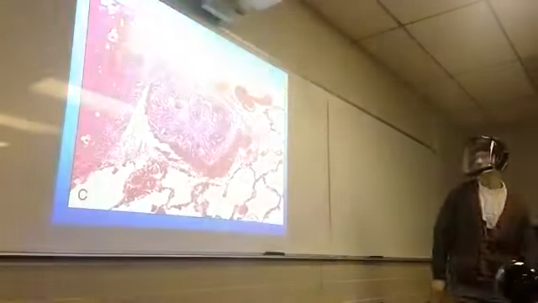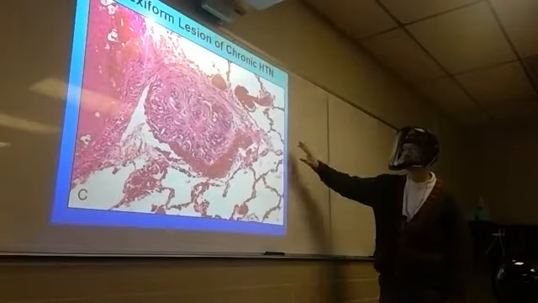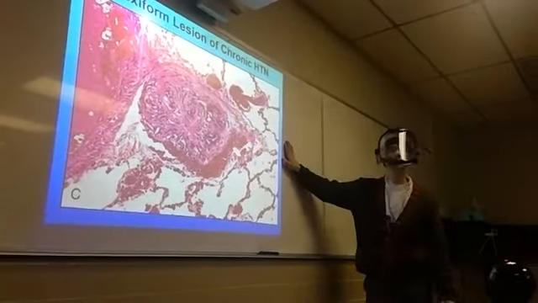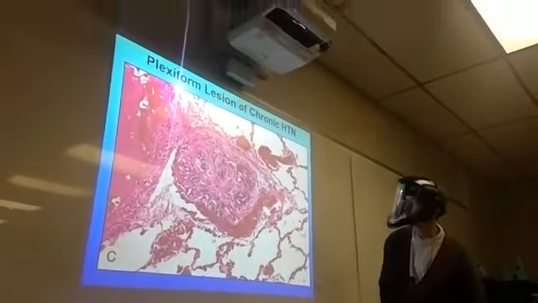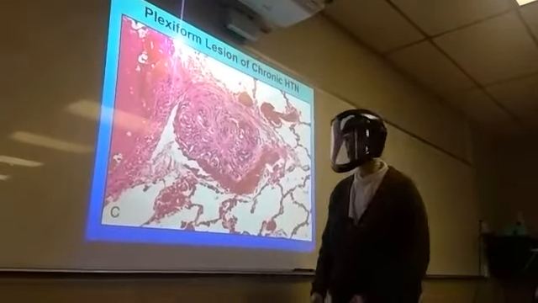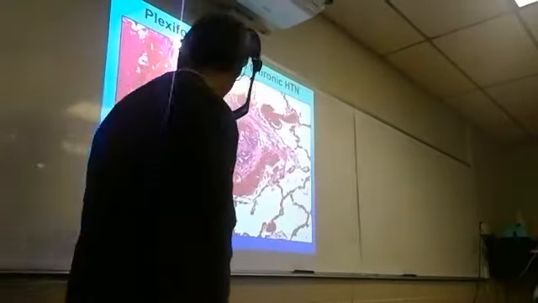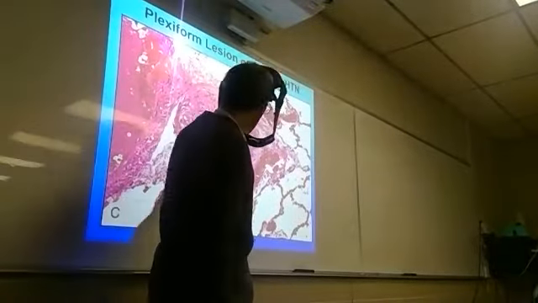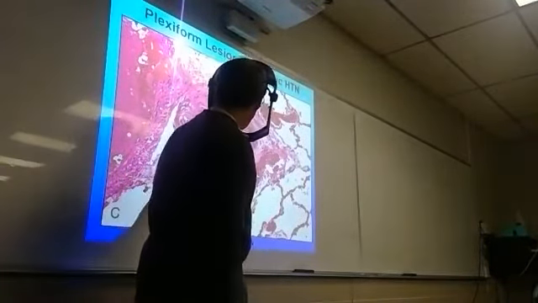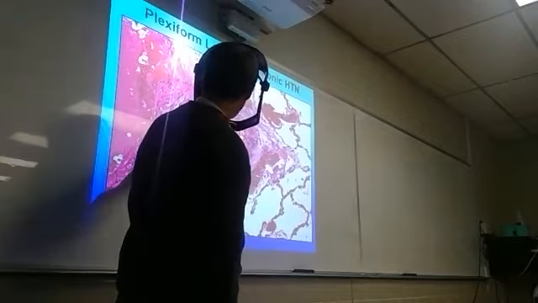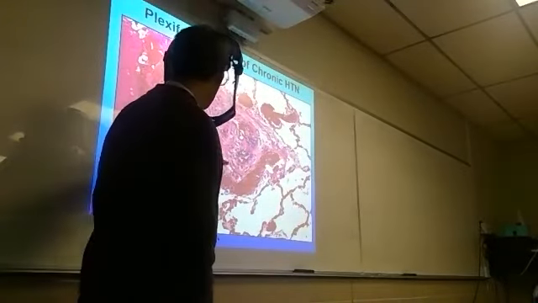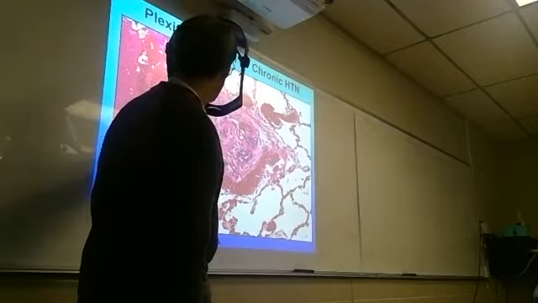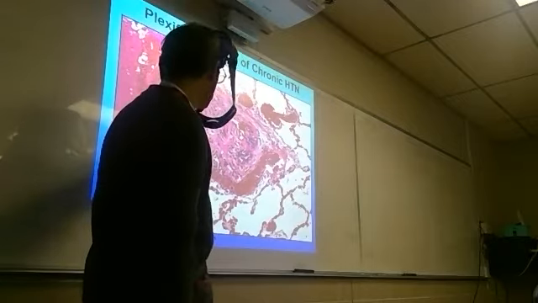Let's take a look at this. Here's an example of a pulmonary arteriole that has almost completely occluded. You can see it's a section through the lung. We've got alveoli here. This is the blood vessel right over here. If you take a look within the blood vessel, you can see its lumen is almost completely obliterated with cellular material. These cells consist of smooth muscle cells